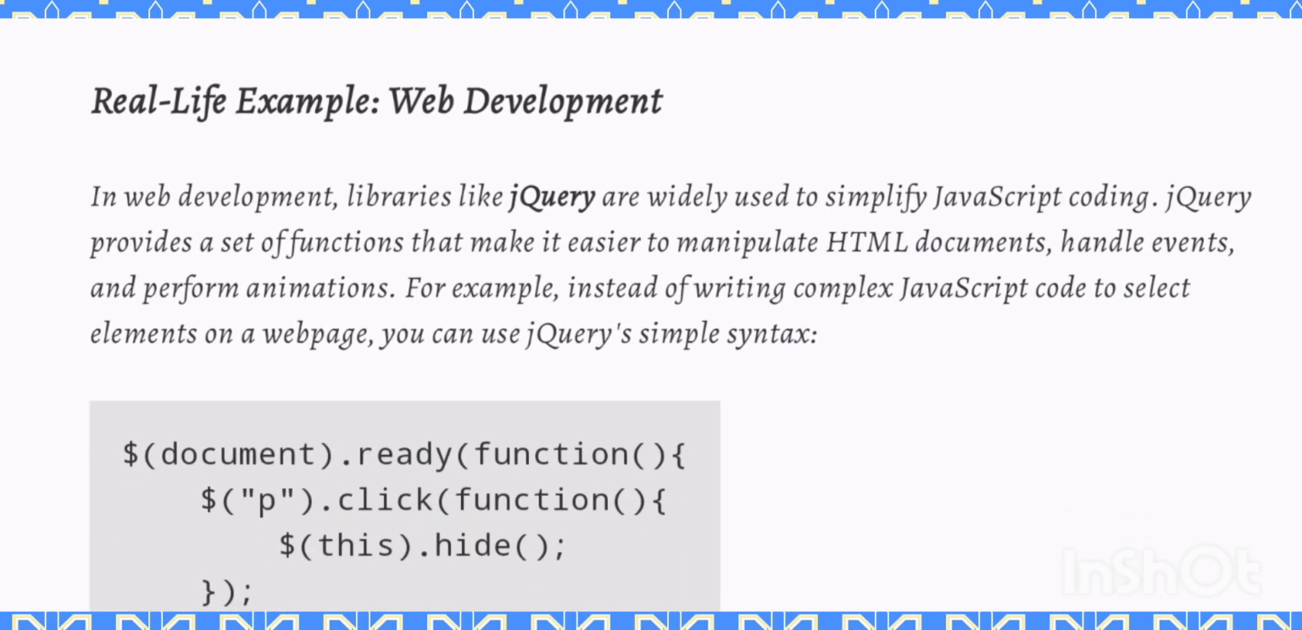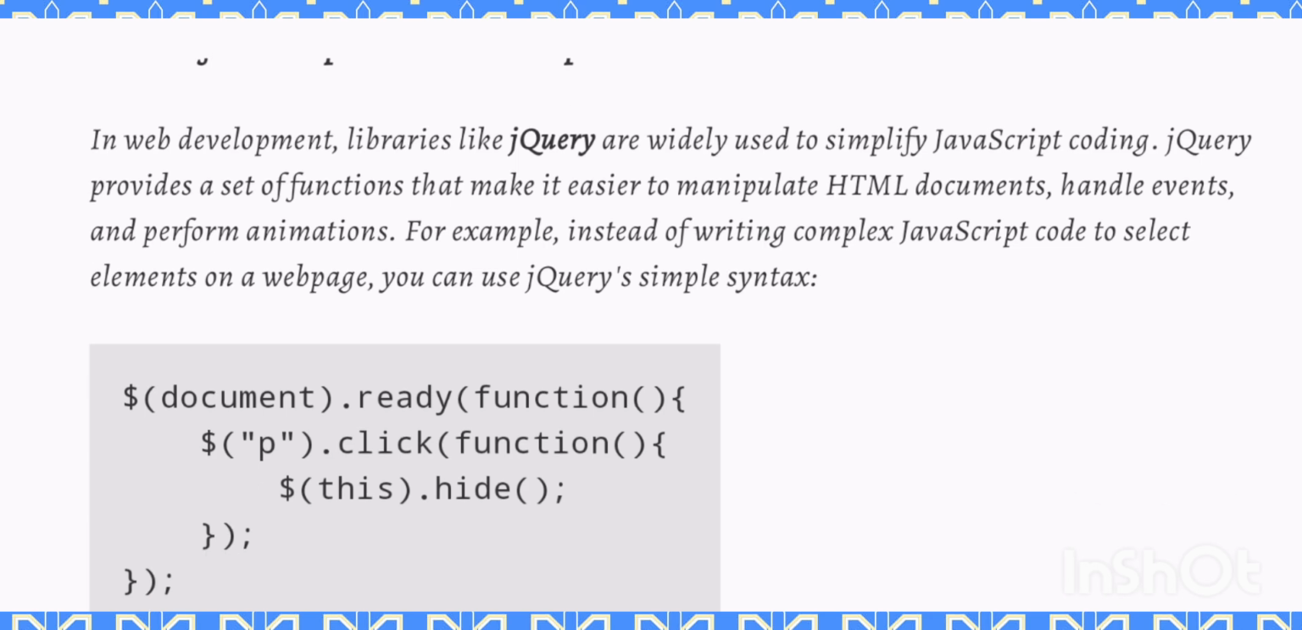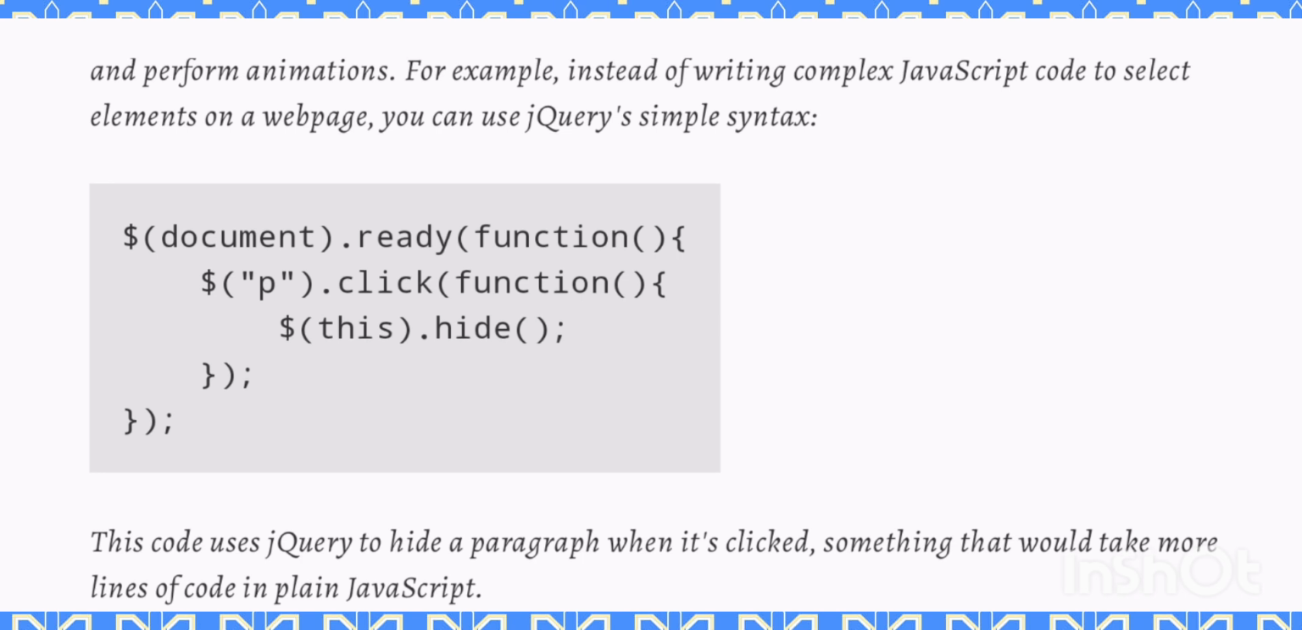Real-life example. Web development. In web development, libraries like jQuery are widely used to simplify JavaScript coding. jQuery provides a set of functions that make it easier to manipulate HTML documents, handle events, and perform animations. For example, instead of writing complex JavaScript code to select elements on a web page, you can use jQuery's simple syntax: $(document).ready(function(){ $("p").click(function(){ $(this).hide(); }); });